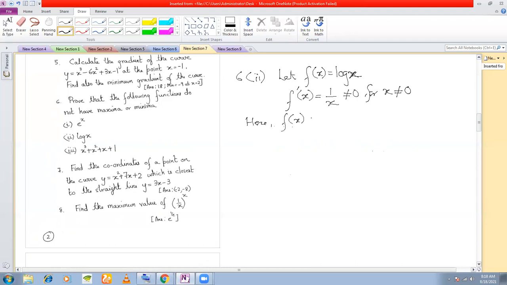fx is equal to log x is defined only for what interval? 0, infinity, right? Because x cannot be negative. And in fact, it cannot be equal to 0 also. So therefore, this bracket should be an open interval. Okay, 0, infinity. So in the interval 0, infinity,